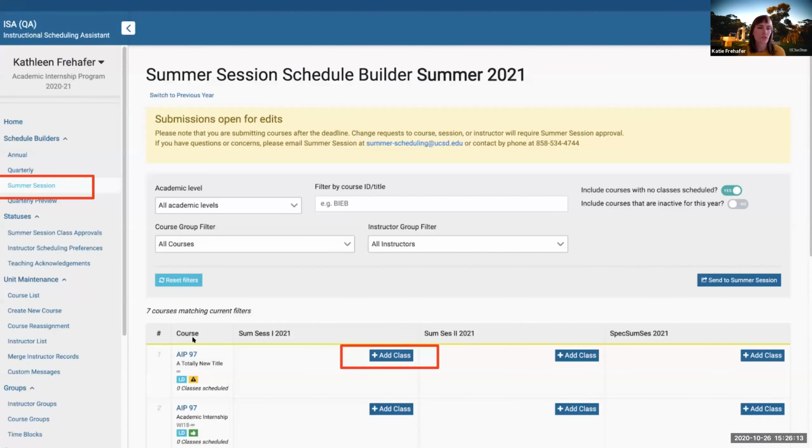If you wanted to start from scratch, you would go directly to your summer session schedule builder page. It looks very similar to the annual schedule builder page, but it just has summer 1, 2, and special summer terms here. And if you click on that add class button,